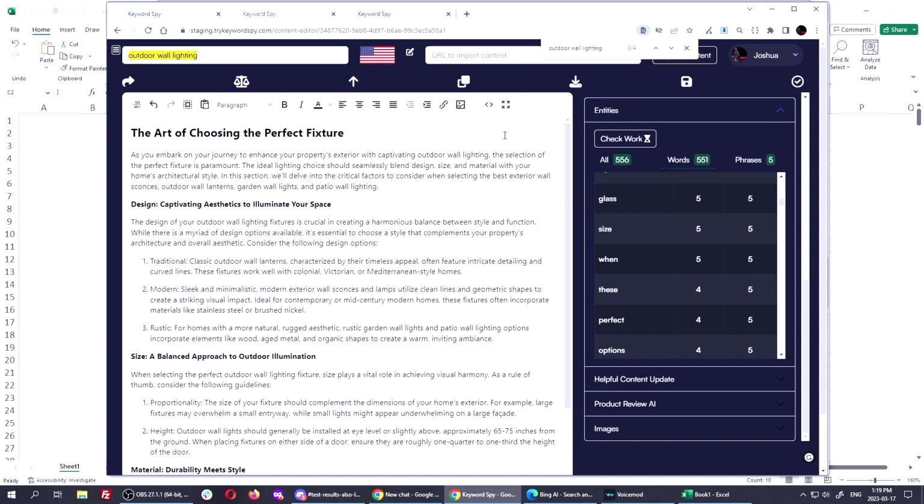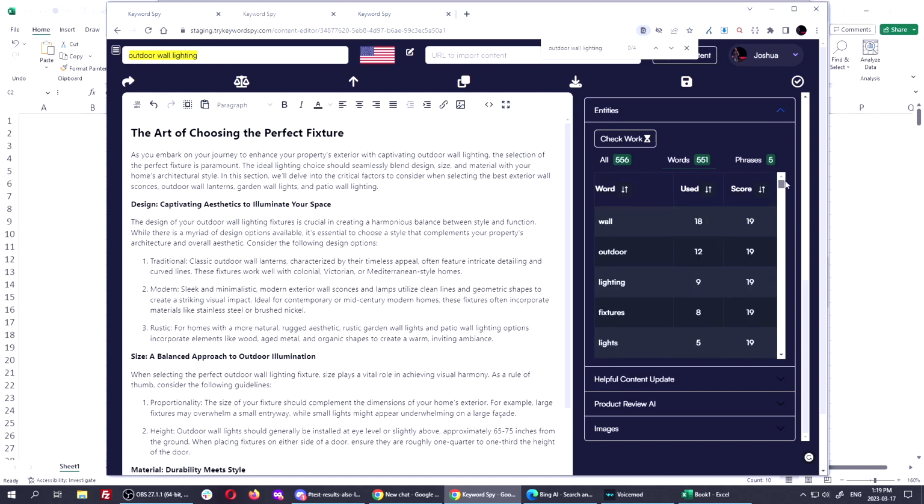Now, there's the whole HTML thing you need to look at, so you need to look at the tutorials for all that as well. And then the helpful expert quotient, you need the expertise, the experience, authority, and trust. You need that as well. So I'm kind of hacking Keyword Spy right now. I'm using it in ways that are not necessarily in the tutorials, which is why I wanted to make this quickie for you. And so I'm just going to go through quickly